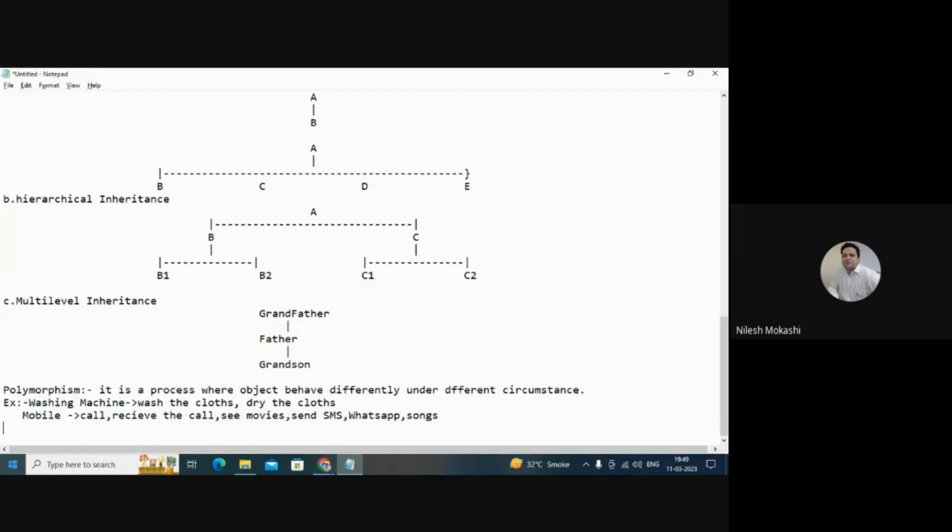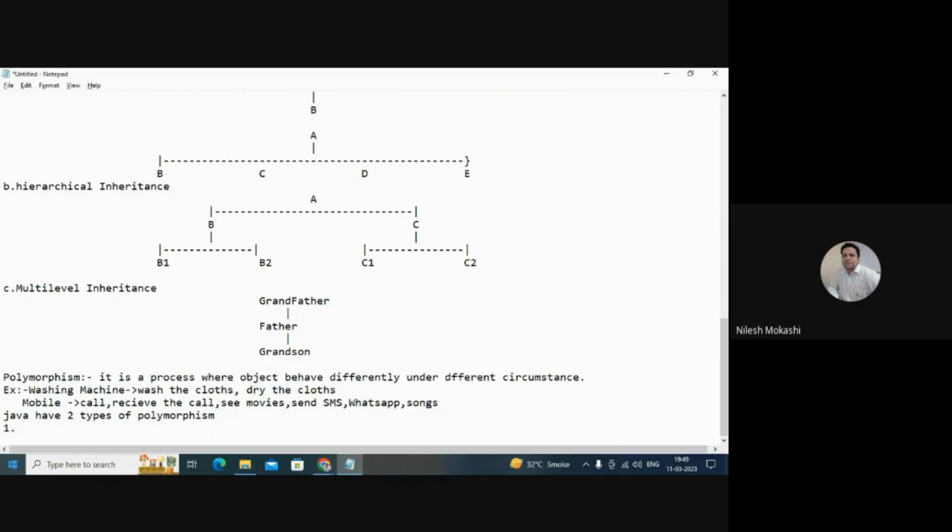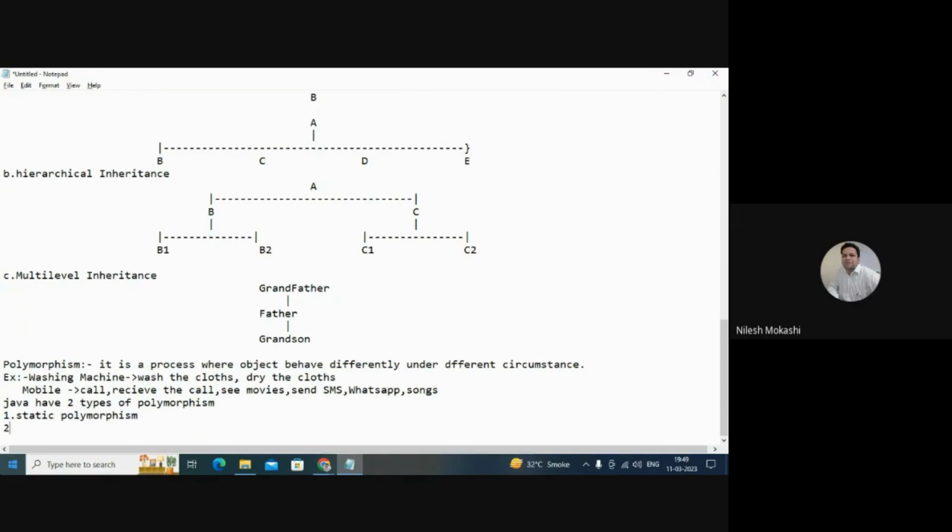Now, Java has two types of polymorphism. So I will write here. Java has two types of polymorphism. One is static polymorphism. Second is dynamic polymorphism.